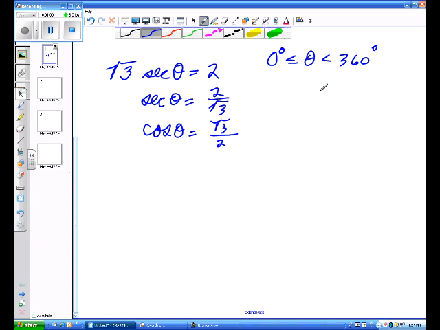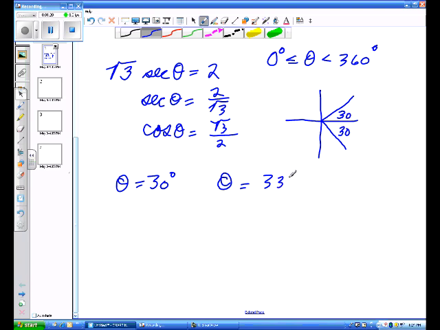And since it's positive and it's a cosine, we know we'll be in quadrants 1 and 4. So that would be 30 degrees would be our reference angle. So in the first quadrant, it's 30 degrees. In the fourth quadrant, it would be 330 degrees. And we're able to solve for this. If we look at another one,